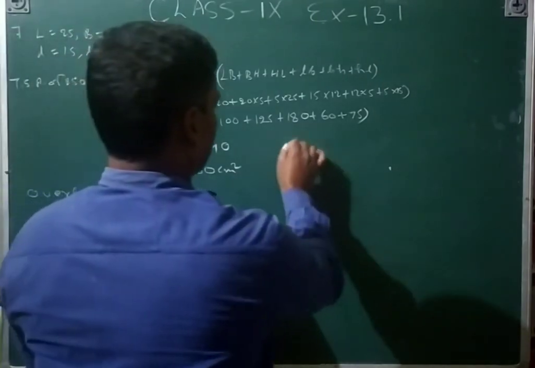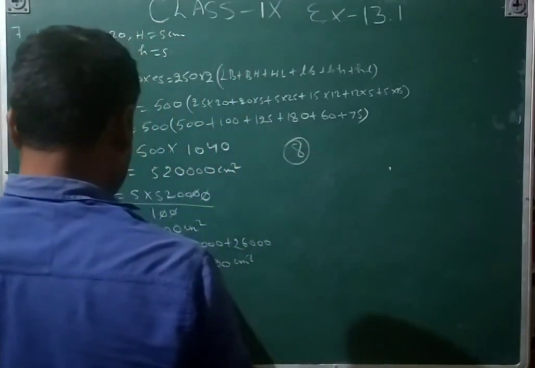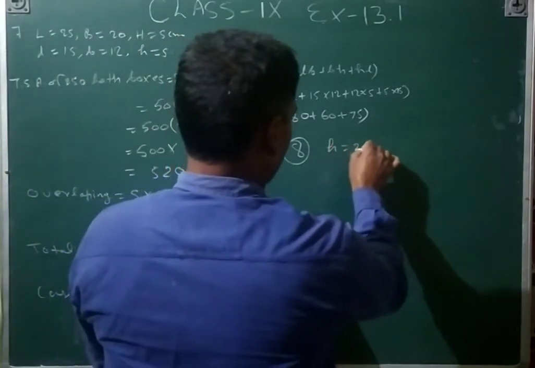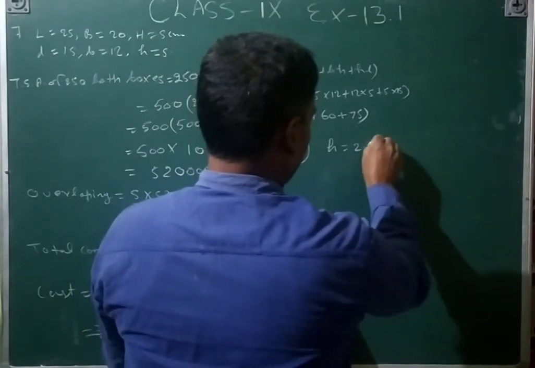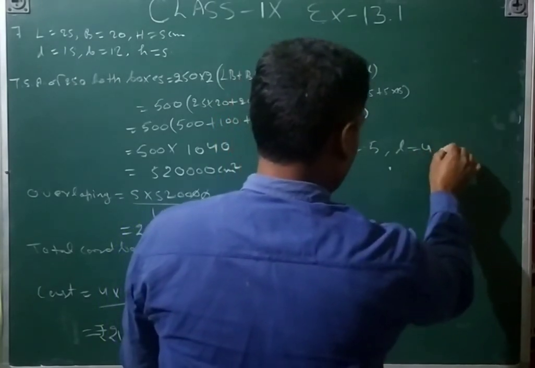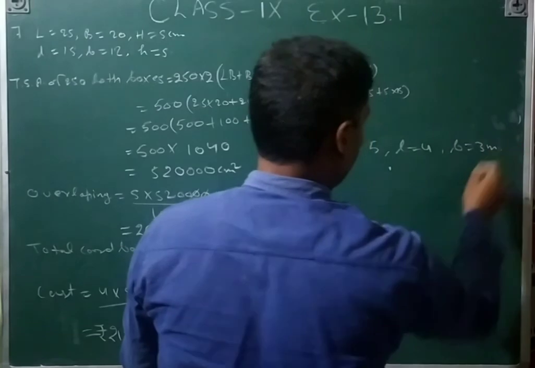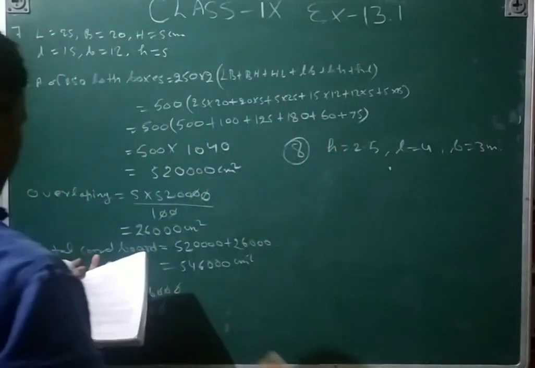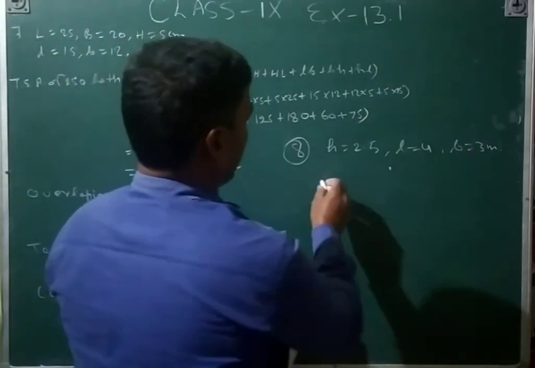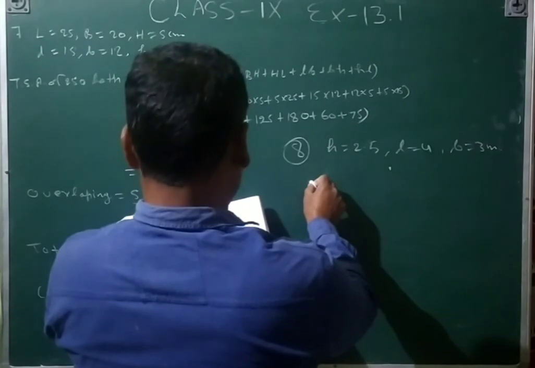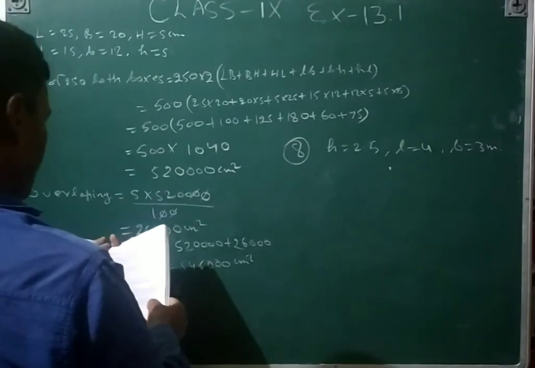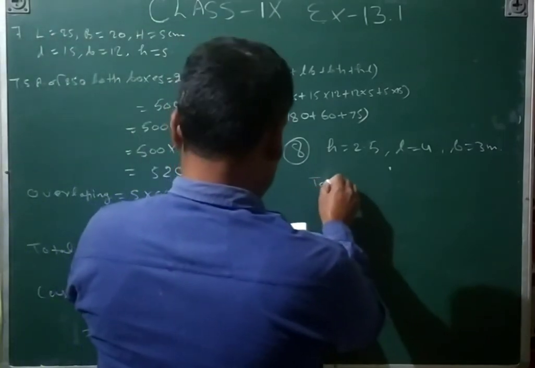And then 8th question, that is very easy. Length is given there, height is equal to 2.5, and then length is equal to 4, and then breadth is equal to 3 meter. All the given units in meter. So we need to make the temporary shelter for a car. So base will not be there and everything else will be there. So we need to find the making of the shelter. So tarpaulin is equal to